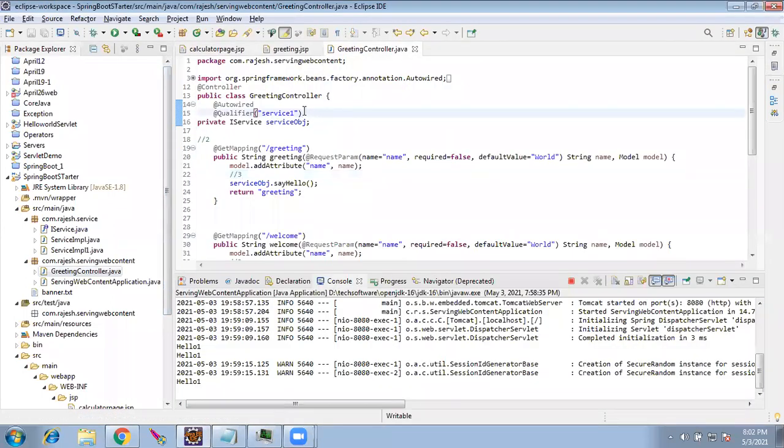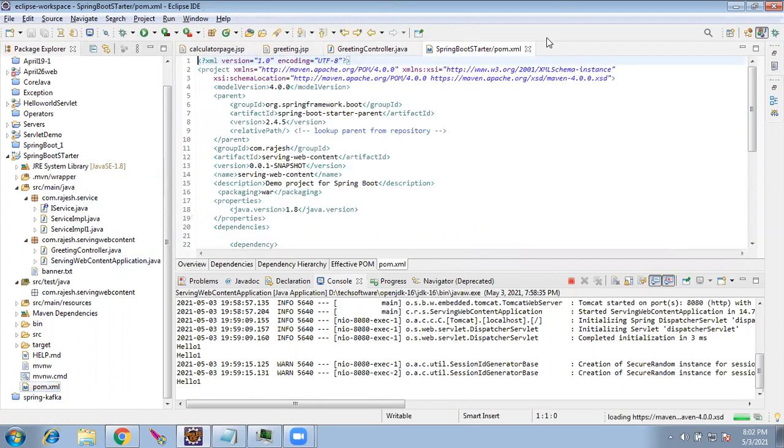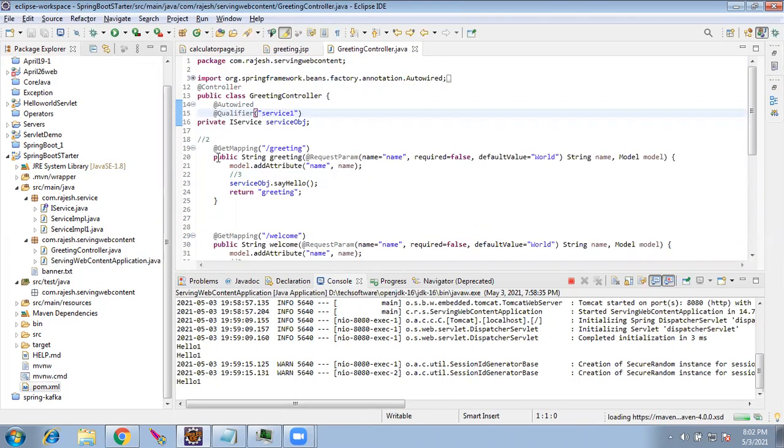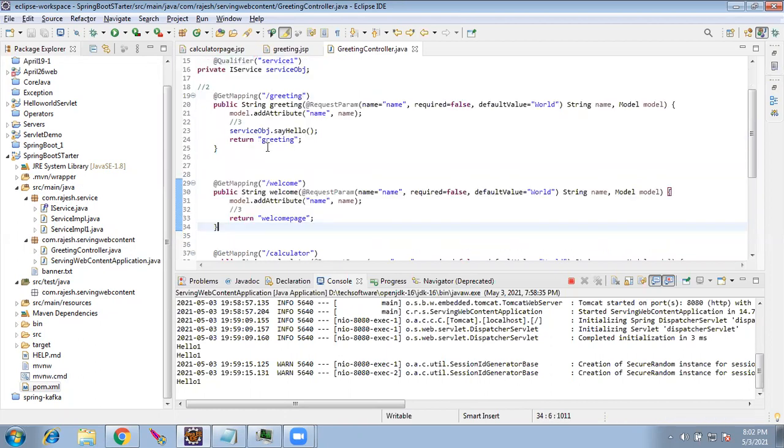So what we did till the other day in Spring MVC and Spring Boot is we created a project, and automatically the pom.xml came. We created a controller, greetings controller, and we added methods to it, different mappings for different URLs, and we were returning a string.